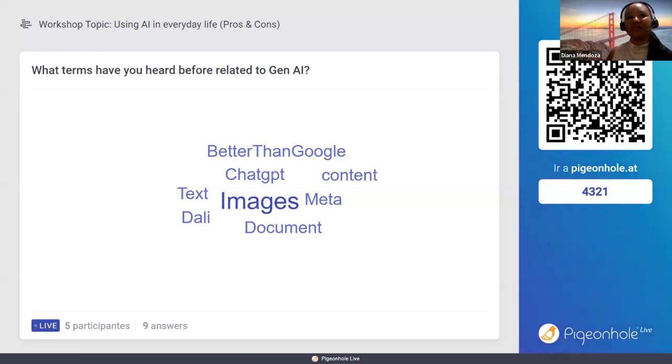In the meantime, I'm going to give a brief overview of what artificial intelligence is. Artificial intelligence is a field of computer science dedicated to systems that can perform tasks that typically require human intelligence.